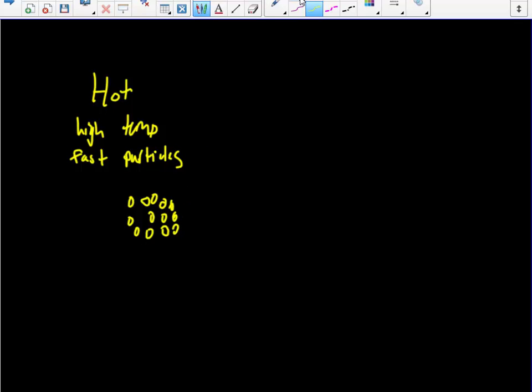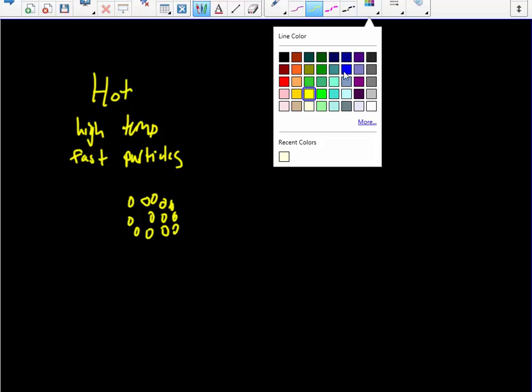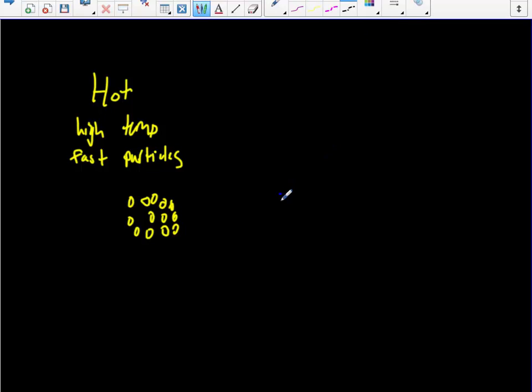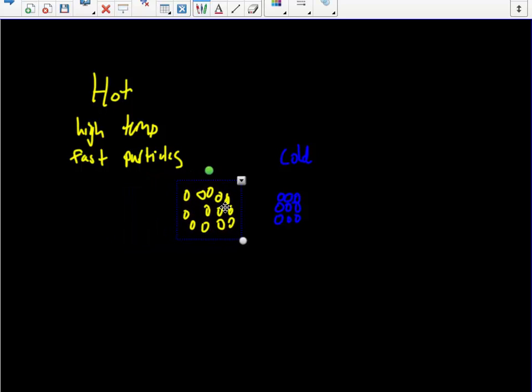Whereas if I have something that's fairly cold and not so hot, then these particles are all locked up and they're stationary and they're not moving and they're just cold, and they're cold because they have very low kinetic energy. They're stuck together. Well, what happens when these particles here are moving around is eventually they're going to bump into